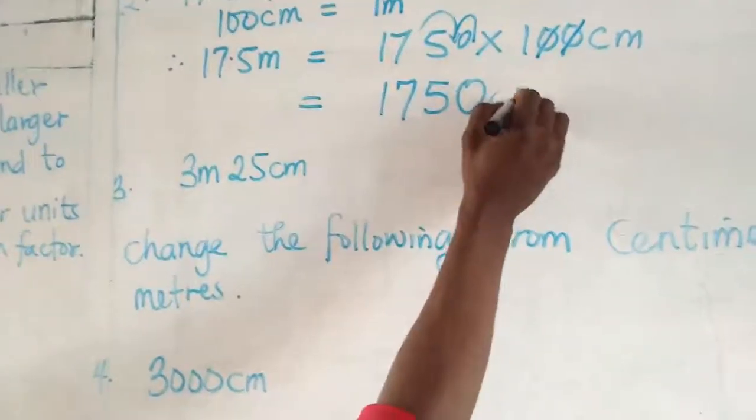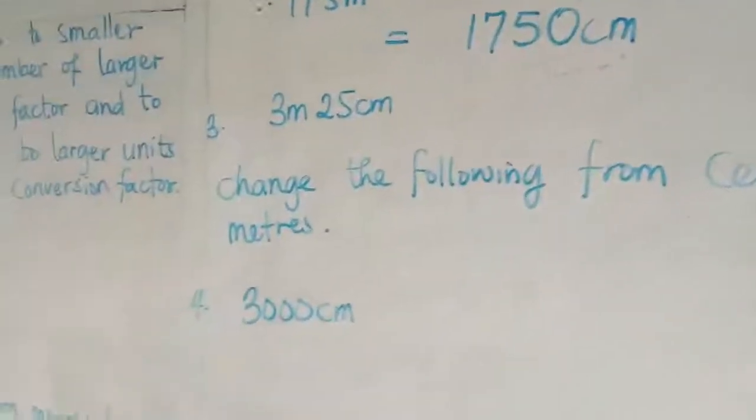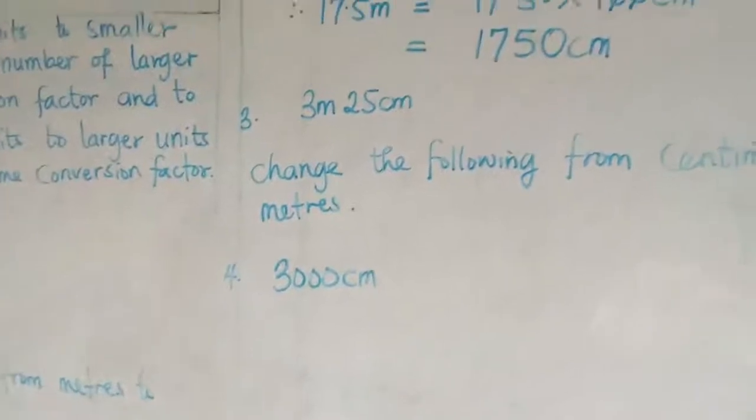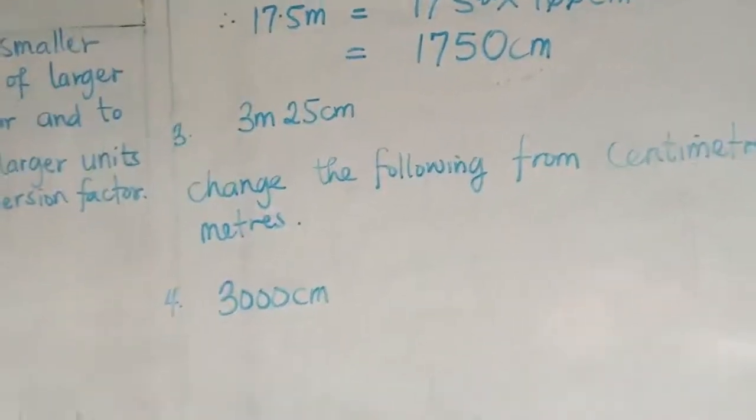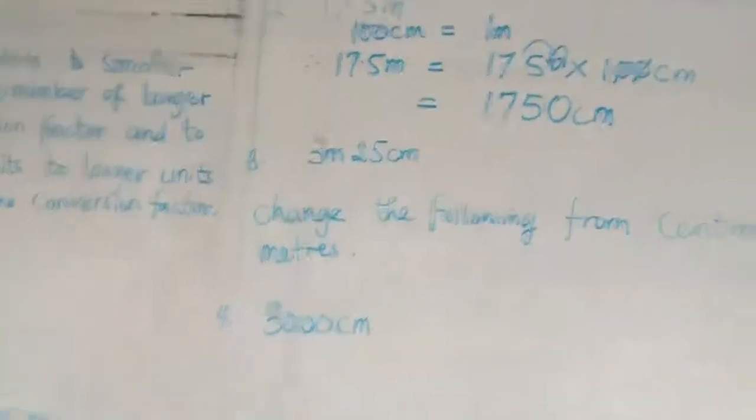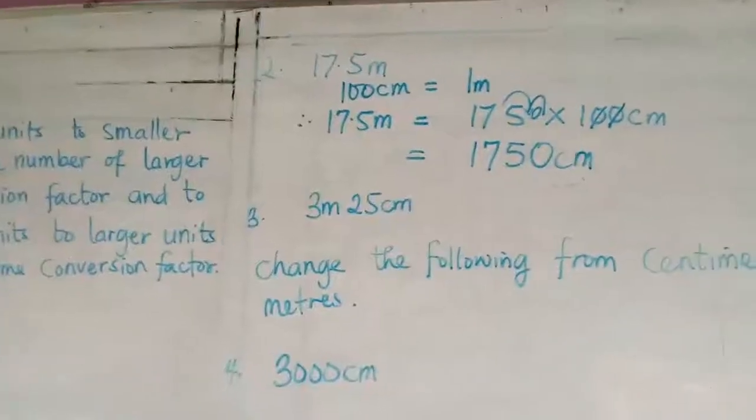So 17.5 meters is equal to 1750 centimeters. Example 3. Change 3 meters 25